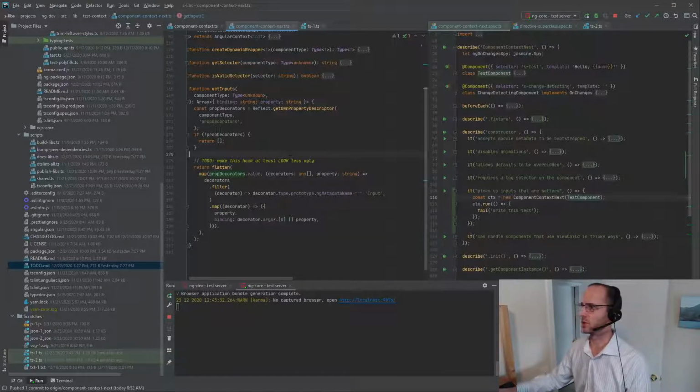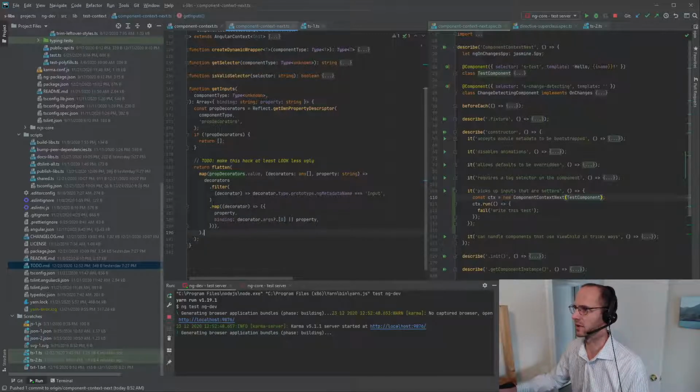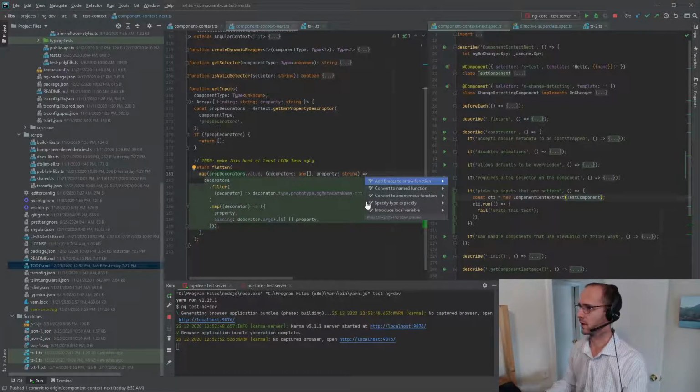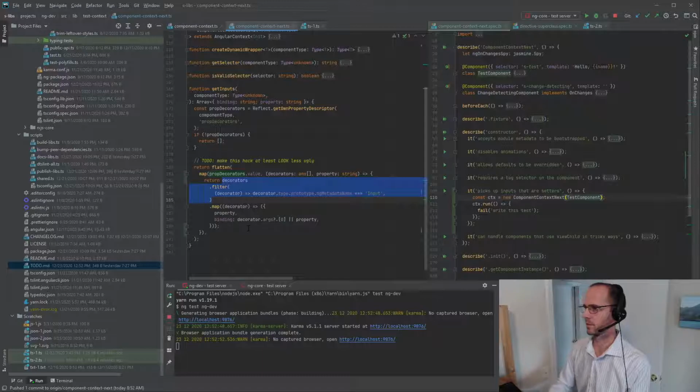Make this hack at least look less ugly. What? Sorry, distracted. There we go. So maybe I can just pull out some variables instead of nesting everything, and that'll at least be a start. Maybe. Can I even do that? Yeah, we could make this one